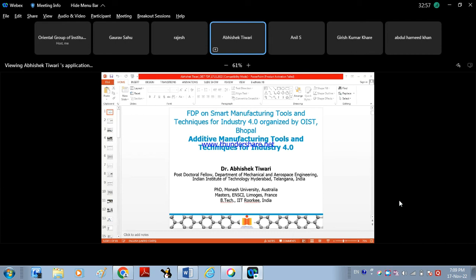Basically, why do we develop these functionally graded materials? It's because we need to have different properties as we move from the inside surface to the outer surface of the samples. So when we need to change the properties within one single component, then this technique is very useful. So basically, additive manufacturing is an extension of the laser cladding process. So for example, if we use 316L on the inner side, and on the outer surface we want Inconel 718, and